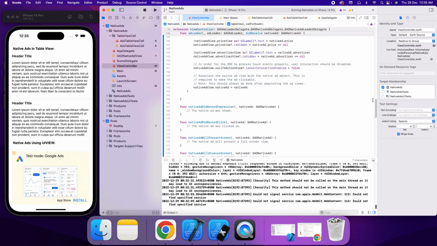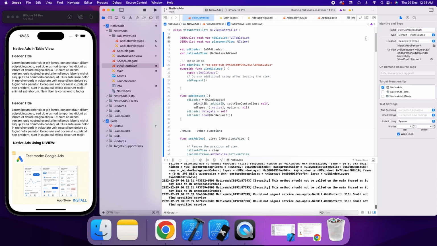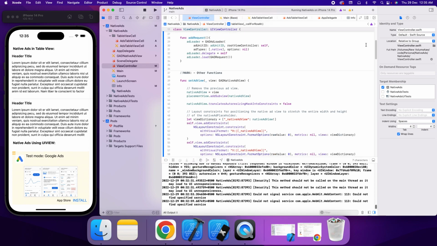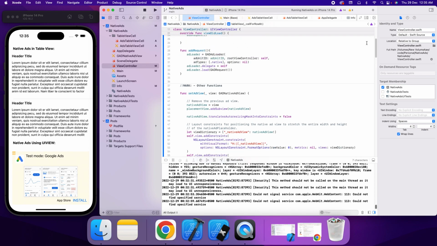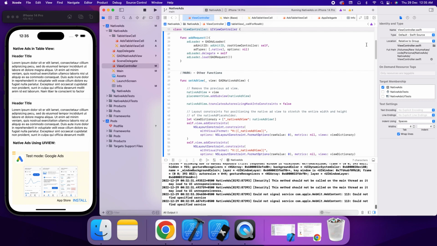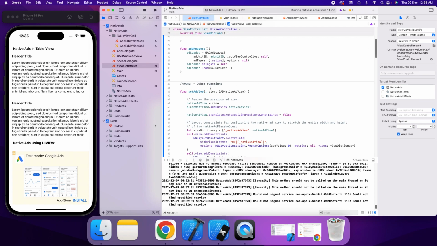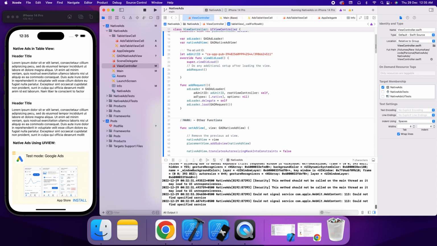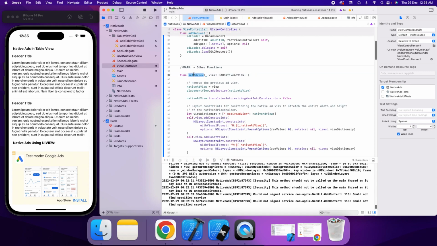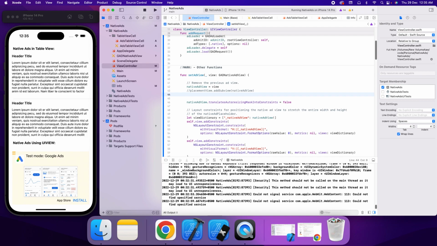You can take all this code from my previous video, and also please visit my last video so you understand better how to integrate native ads. Go to the set ad view and comment it out, placement view dot add subview, which is this one, and create a